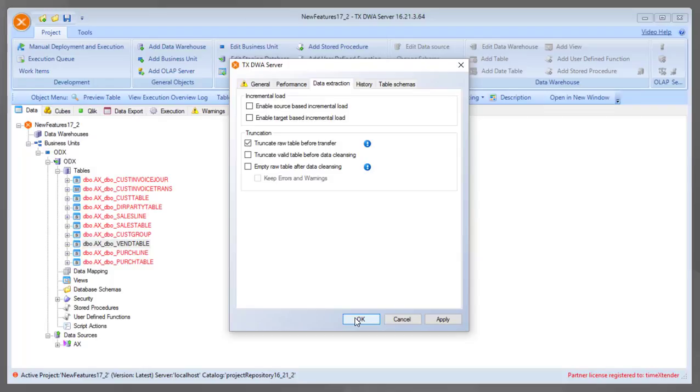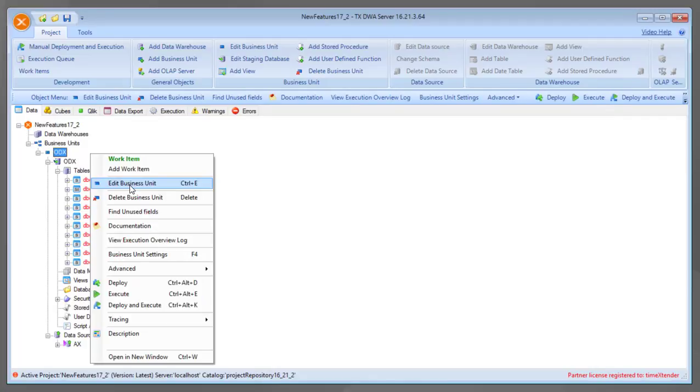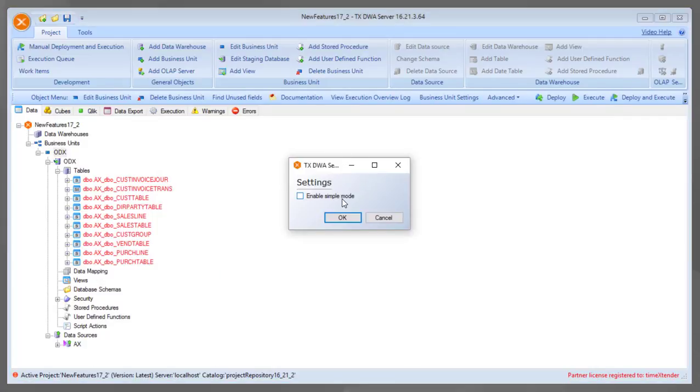This is to ensure that we don't disable any functionality that you might be needing. So that means that if you do want to use simple mode, the best way is to enable it on the business unit or on the data source